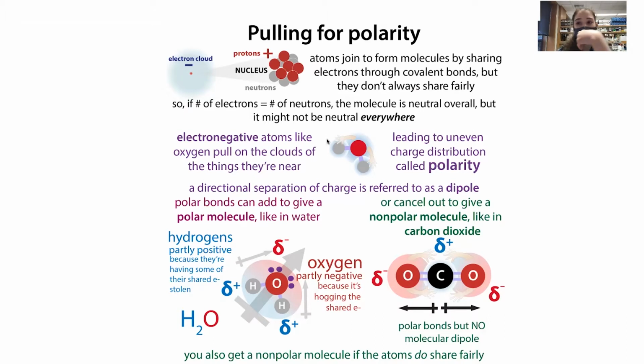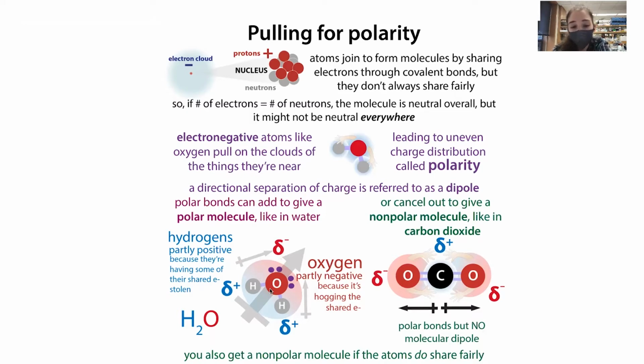If the atoms don't share fairly, then you can get an uneven distribution of the charge. All atoms have positively charged parts called protons, neutral parts called neutrons, and negatively charged parts called electrons. The protons are stuck in place, so you can think of the protons as being in the center of this O, the center of this H, and the center of this H. They have a fixed number of protons, but electrons have an equal but opposite charge. So if you have an equal number of protons and electrons, you're going to have a neutral molecule,